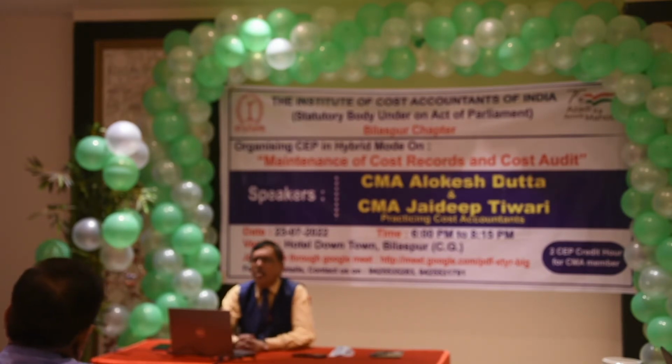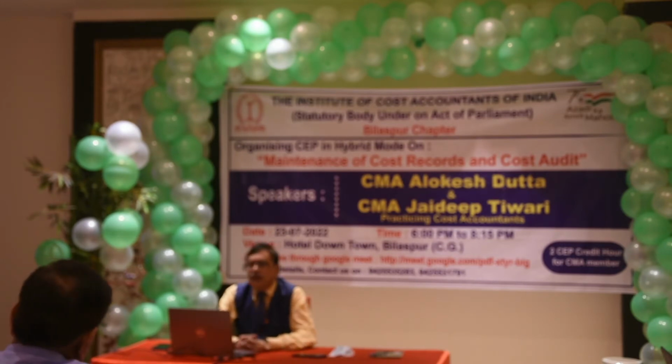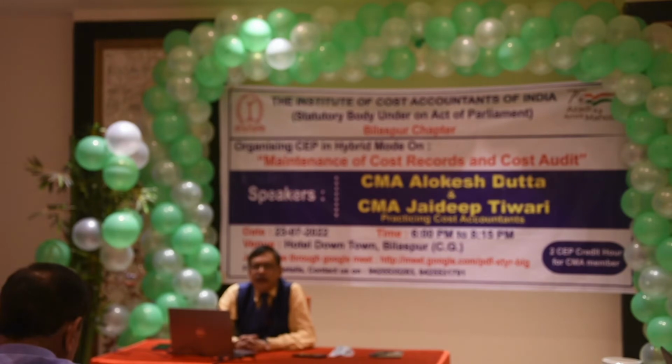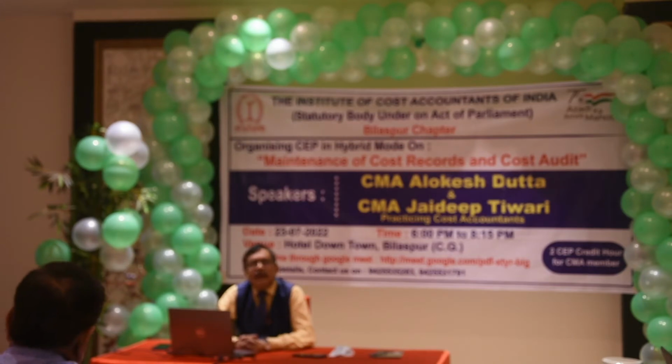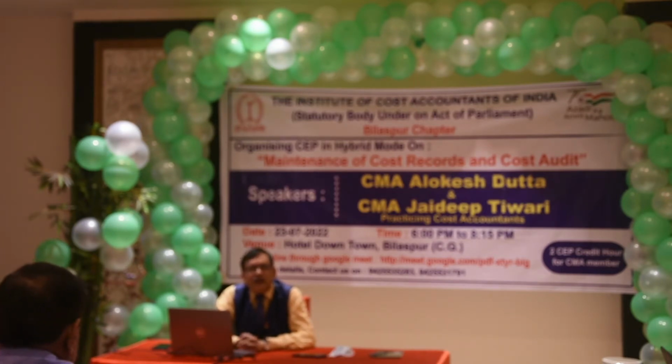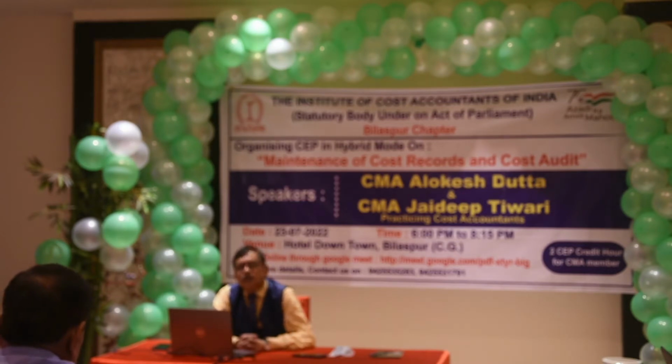Next, repair and maintenance. Repair and maintenance is of two types. First, you have to gather the information whether the repairs are being done in-house or through outside agencies. If outside agencies, then the gross value of the amount paid should be taken into consideration. But if it is in-house, the entire cost of repairing, including the salary and wages of the repairer, overhead and depreciation of the machinery used for repairing, should be clubbed and booked under repairs and maintenance and should not be booked under natural head accounts.